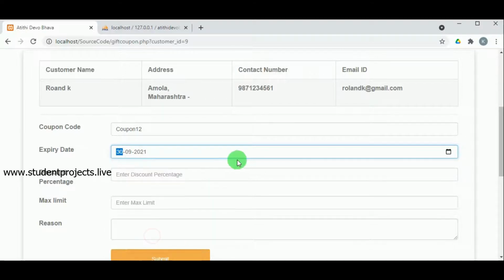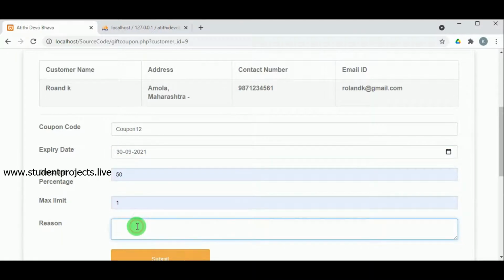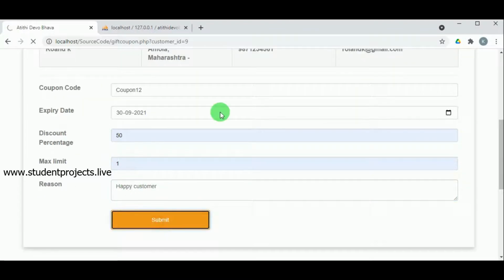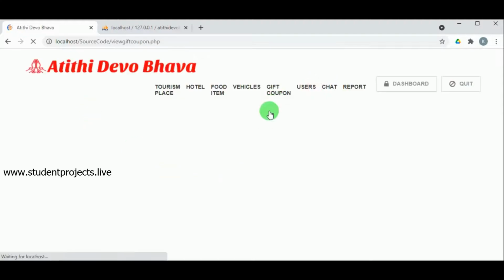And what is the discount percentage, and what is the maximum limit, that is how many times the coupon can be used, and what is the reason for giving the coupon to this particular customer must be entered, and click on submit, and the gift coupon will be generated for that particular customer.